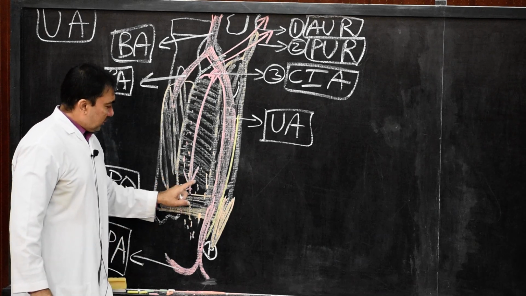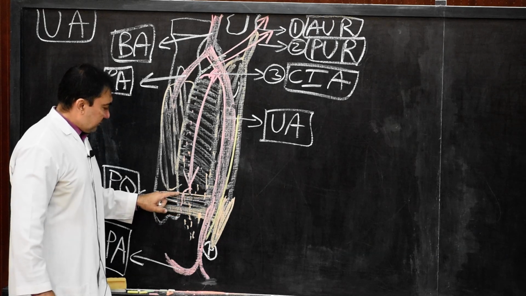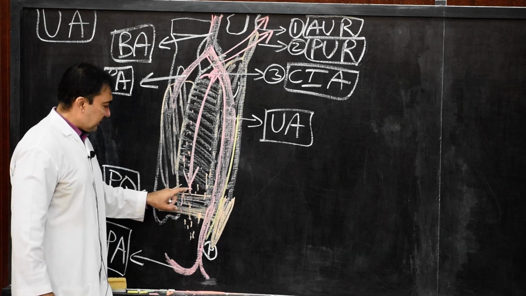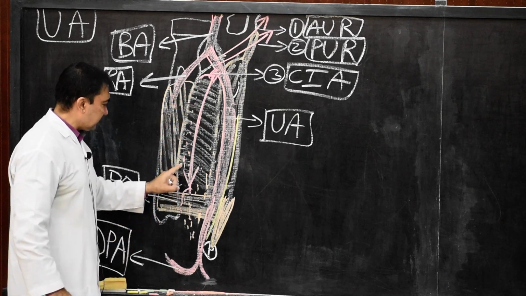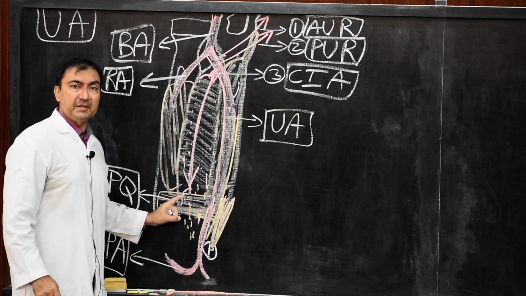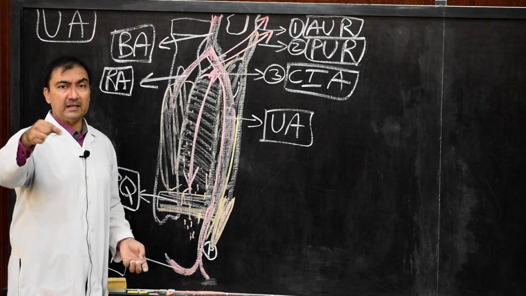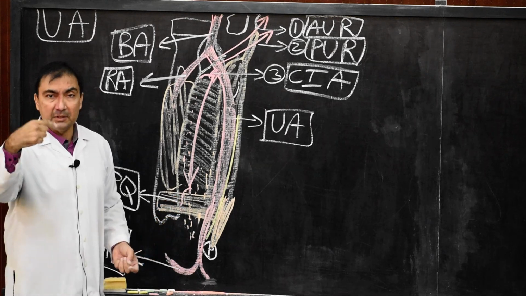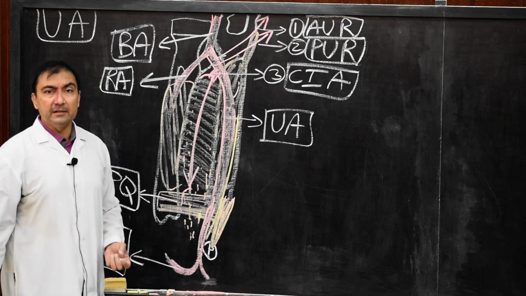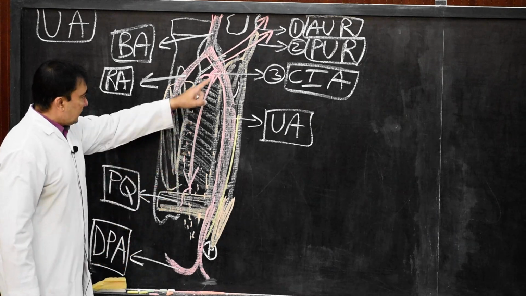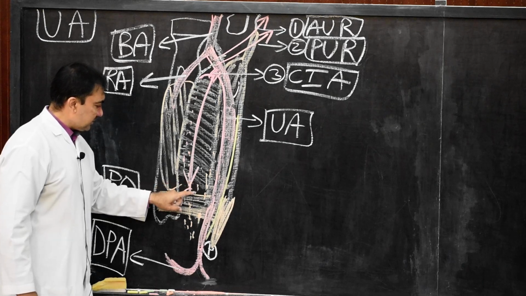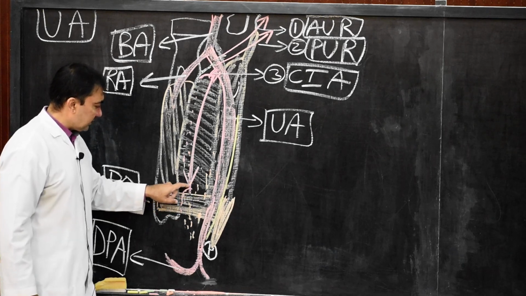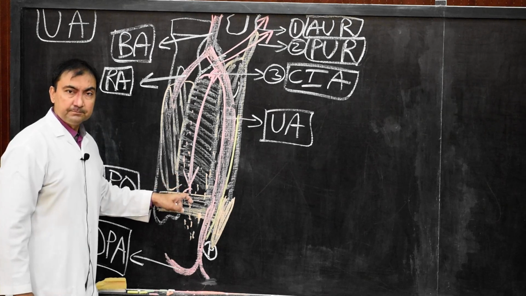That means through the lower border of the interosseous membrane and the upper border of pronator quadratus, the anterior interosseous artery will pass posteriorly. And posteriorly the posterior interosseous artery is already present, so it will join with the posterior interosseous artery to form the dorsal carpal arch or posterior carpal arch. This is the course of the anterior interosseous artery. So it will again pass between the interosseous membrane and the pronator quadratus into the posterior compartment.